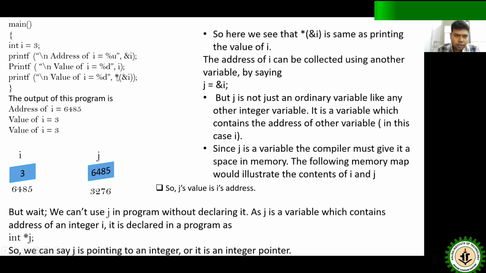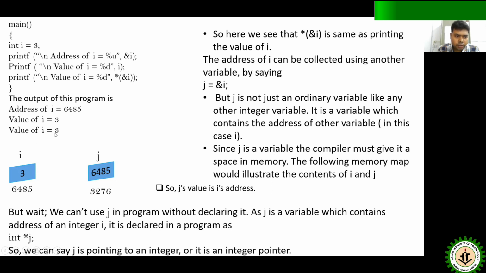And when we write * 6485, that means the value at this memory location. So when we write *&i, it is referring to the value at that particular memory location. That is why the value at that memory location is obviously 3, and in the third line also we get printed the value of i is equal